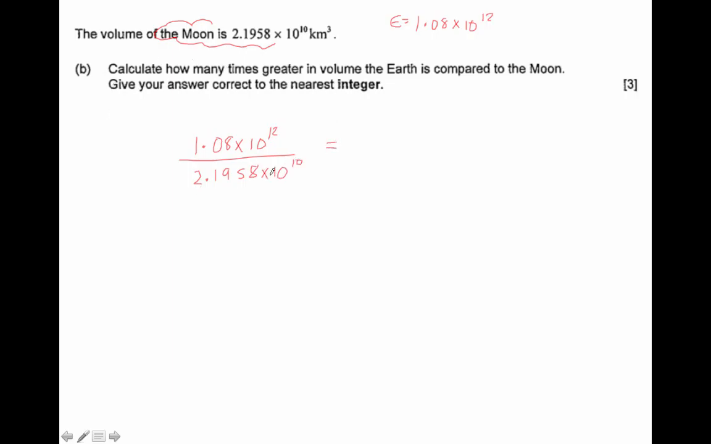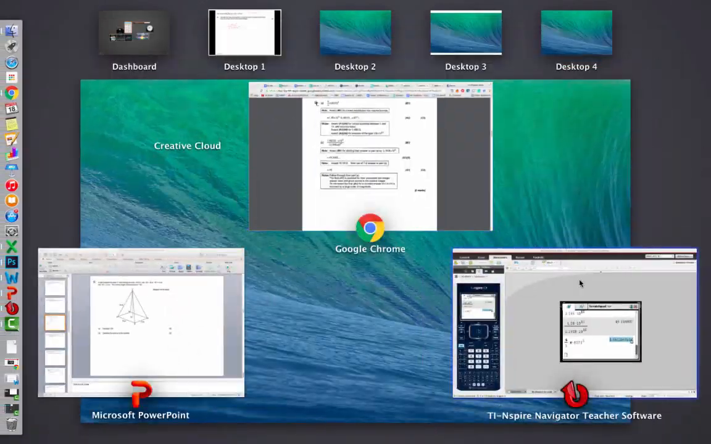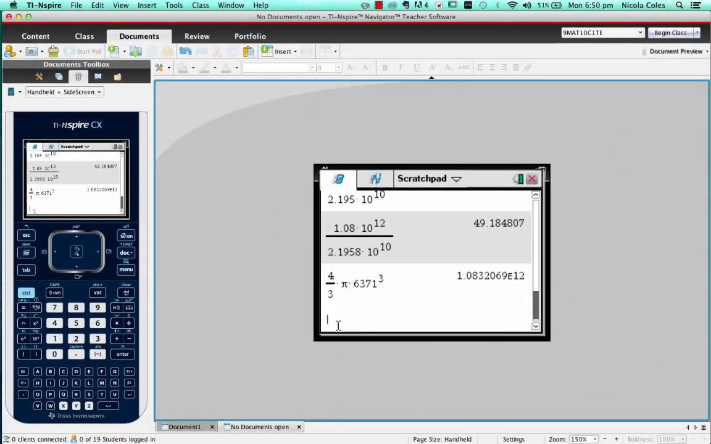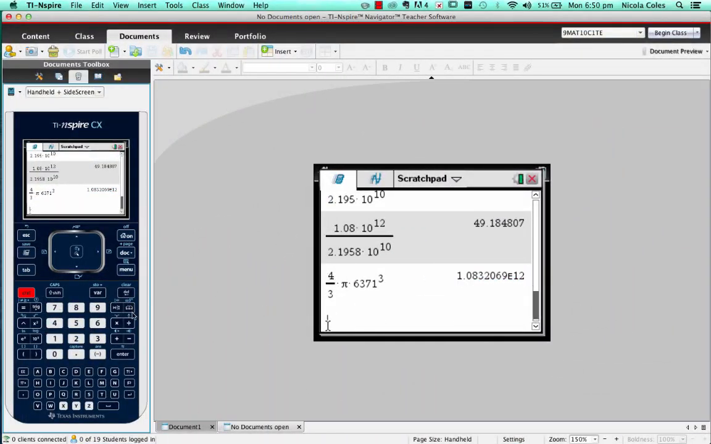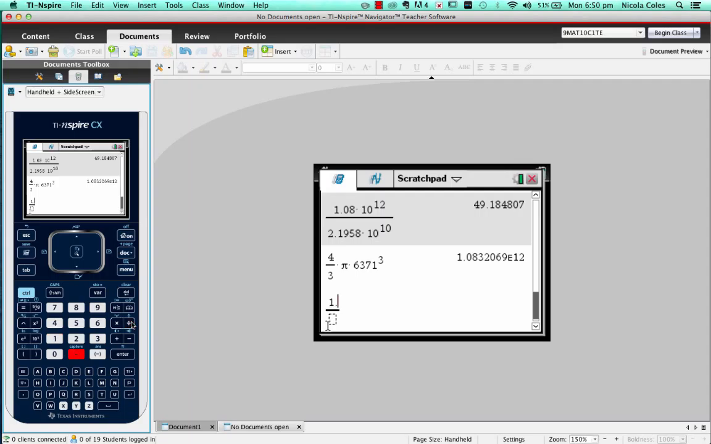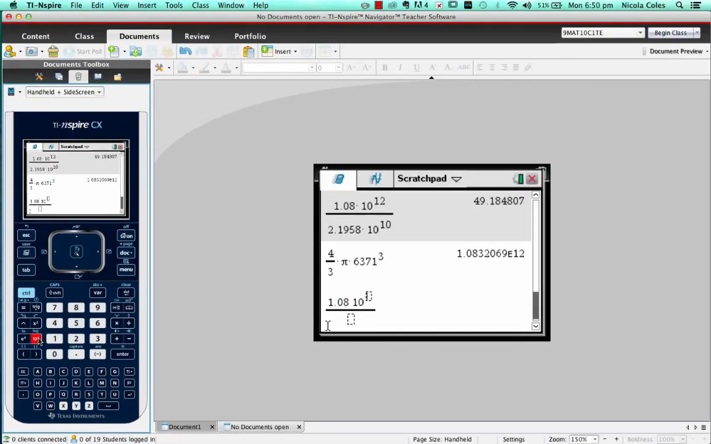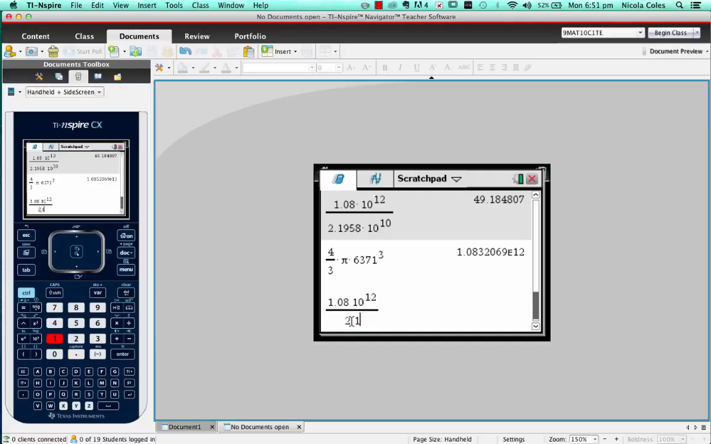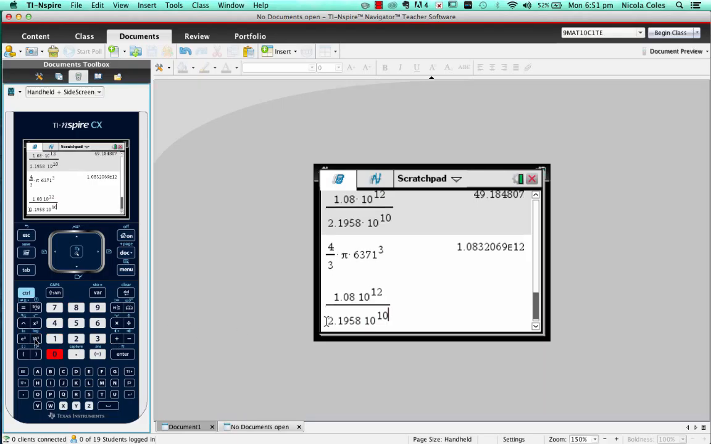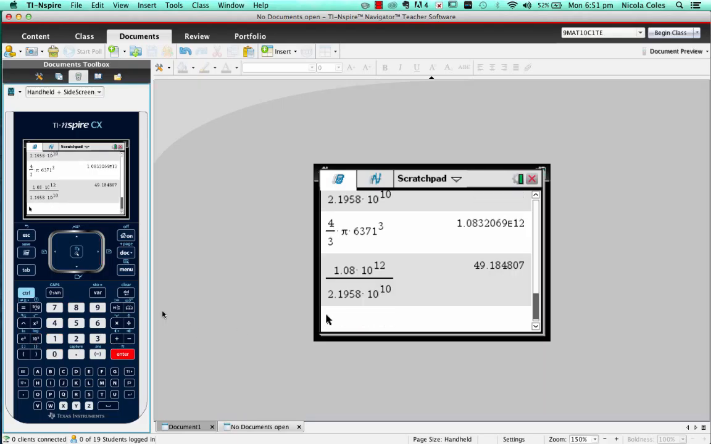And again, this is just something you do on your calculator. So set up a fraction, and 1.08. This button here, just underneath the log, 10 to the x, is 10 to the power of 10, or was it 12? Sorry, 12. And then on the bottom, 2.1958 times 10 to the power of 10. Enter. And that gives you an answer of